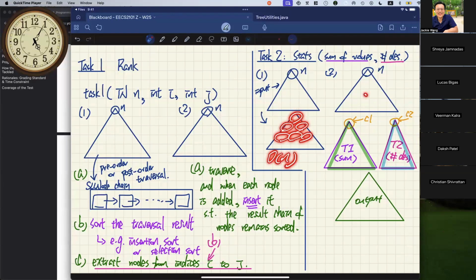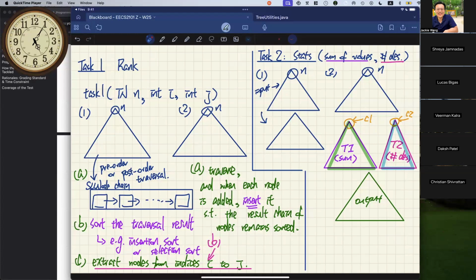And for this one, you basically just have to do more traversals. So you're going to do traversal number one, traversal number two, and roughly traversal number three, right? In that way, it's roughly big O of 3 times n, but asymptotically it's still linear. So both approaches don't really matter, whichever one you use. You choose the one that's more conceptually clear to you. That's for task number two.